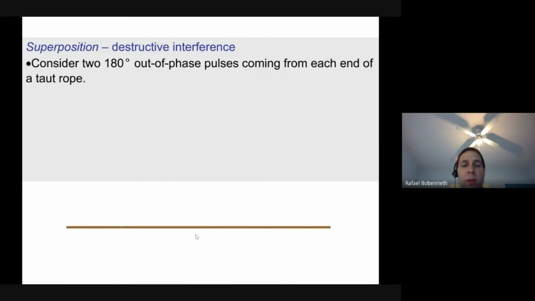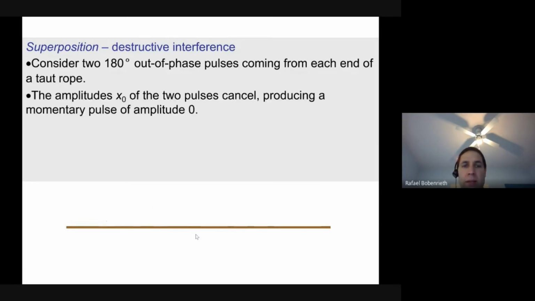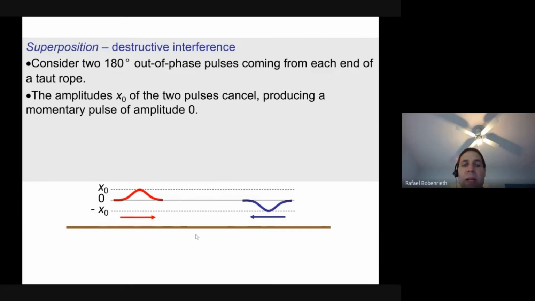If I look at two wave pulses that are out of sync with each other, 180 degrees out of sync, notice in this case, the red is on top, blue is on bottom. It's like crest is meeting trough. Okay, what happens when they come together? The amplitudes, in this case, because they're exactly the same amplitude but in opposite directions, cancel each other out. And so this is an example of the most extreme example of destructive interference, when you get a crest meeting a trough and you get a cancellation of any sort of wave action for that split second, okay, when the waves meet.